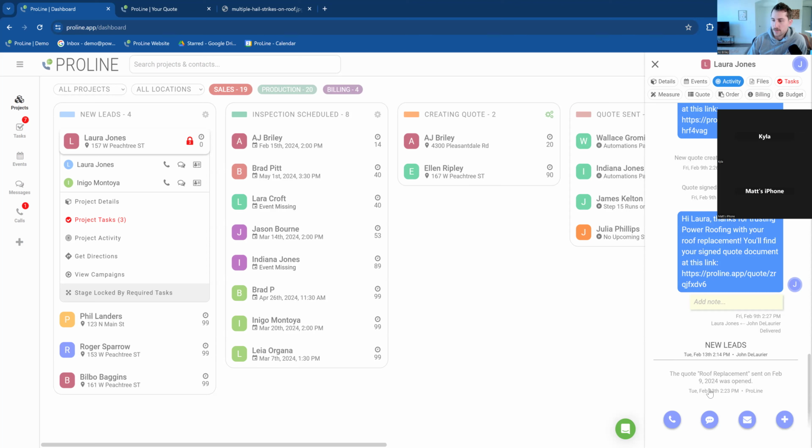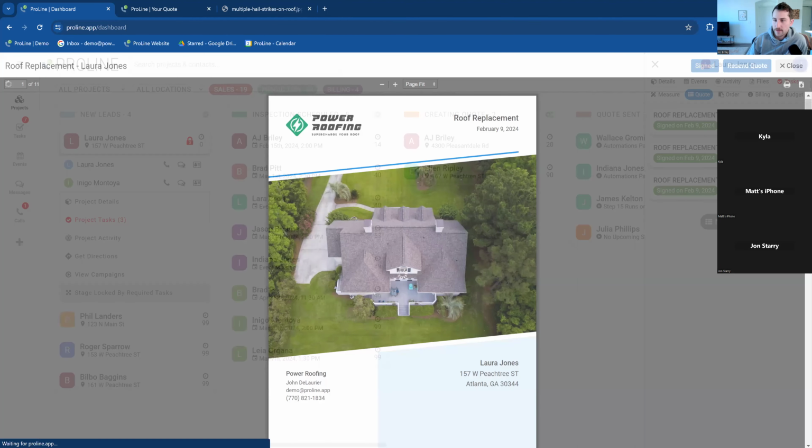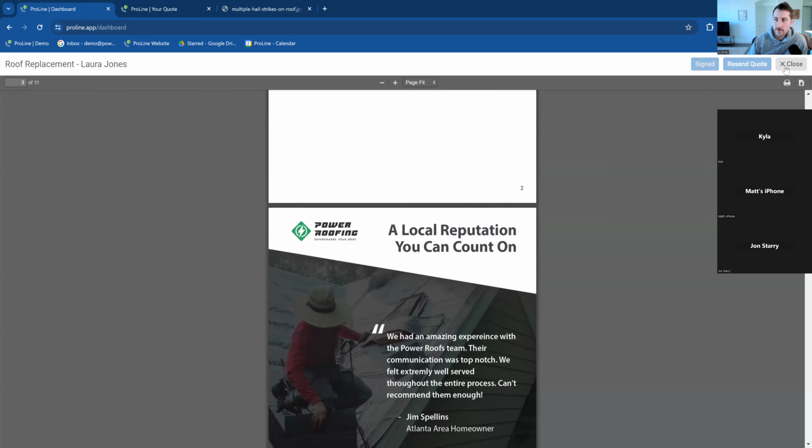I could try it on my end too with one of ours. I could do it and see if my rep gets a notification. Okay. It did register as an open. So if you use this link, I might go back and make it so that if you're logged into ProLine, it doesn't register. Because if you're currently logged into ProLine, there's not any good reason why that would register as an open. So this just registered an open, clicking on that link. But if we go here and we open it here,